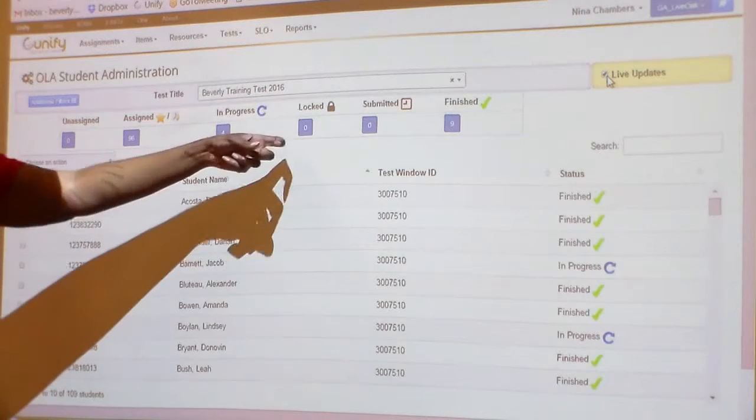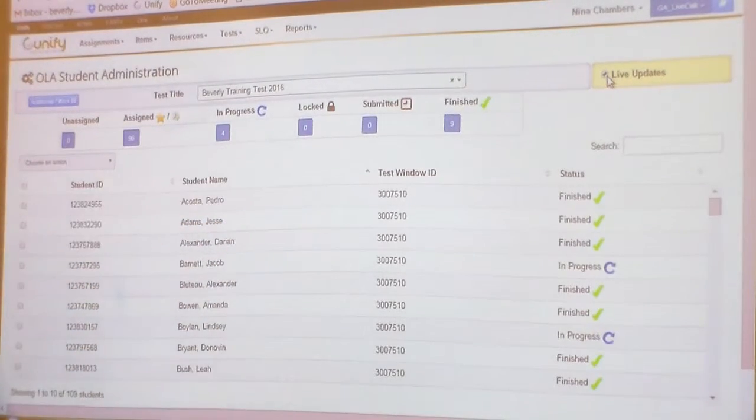Another new feature is here where it says lock. This was just implemented a few weeks ago as well. And once again, that is an optional feature where students will get locked out of their test if they go to another browser. So say they're taking their test and they're like, you know what, I don't know the answer to this, let me go to Google and try to Google it. They'll have 3 seconds. If they don't navigate back in 3 seconds, they get locked out. So you would have to go through and unlock that student's test. So once again, you will only see that button if that feature is turned on for the test. If it's not turned on, you won't see that feature at all. So it's completely up to your district whether or not you use the lockout